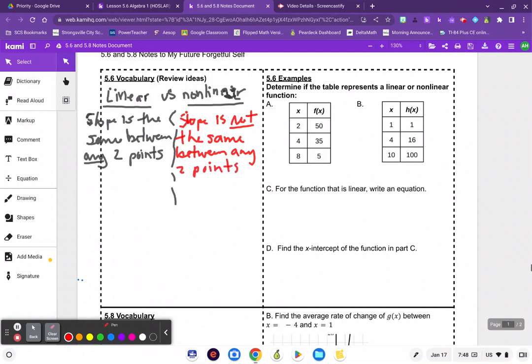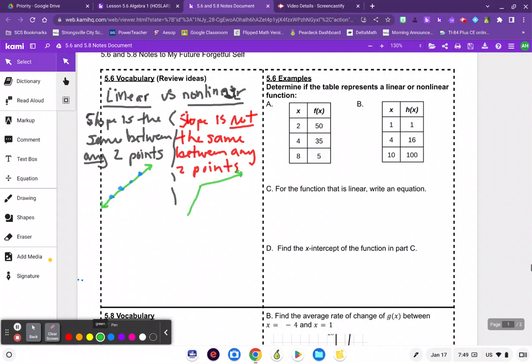I think a good idea is to take a look at a picture. So to be linear means that I just have a straight line, and I can pick any 2 points on this straight line and find the slope between any of those 2 points, and I would get the same slope calculation. So if you watch the 5-6 lesson, we were looking at volume of an IV bag, and we found the slope between 3 sets of ordered pairs, and it was the same no matter which set of ordered pairs we used. Versus something that's nonlinear